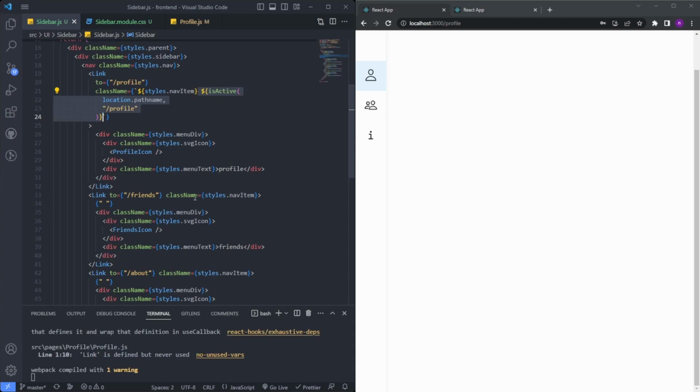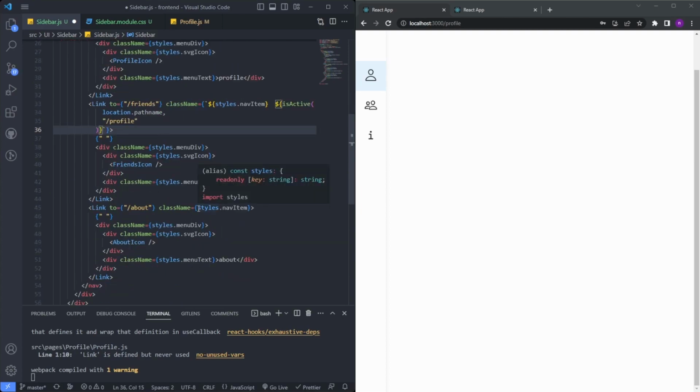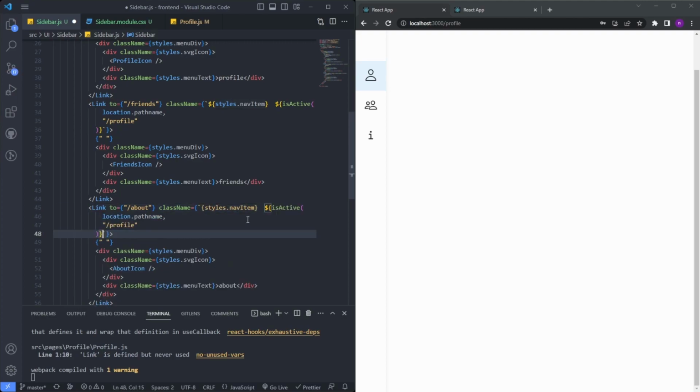And we'll just copy this and paste it inside all of the class names. First we'll make this a template literal, and now we'll paste it. Same for the third one as well. Make this a template literal, paste it here,